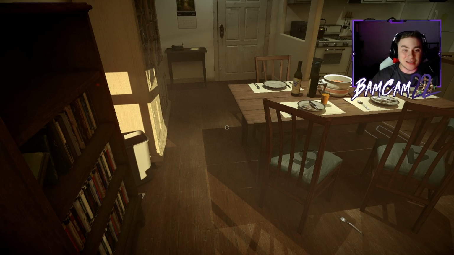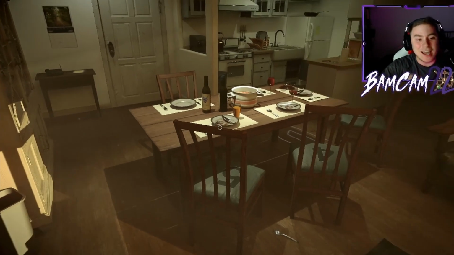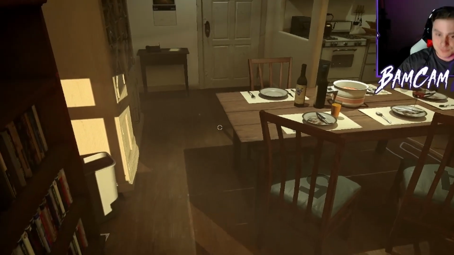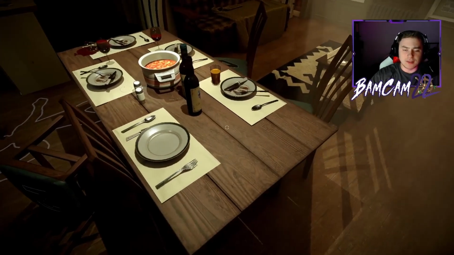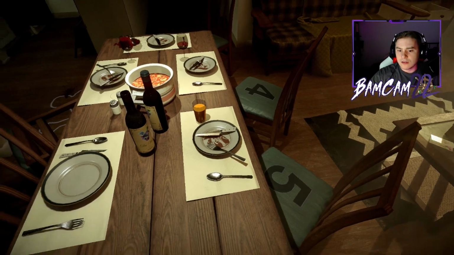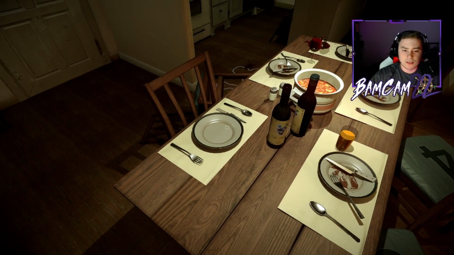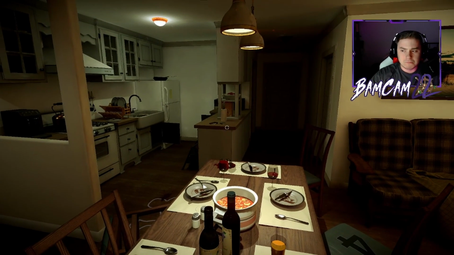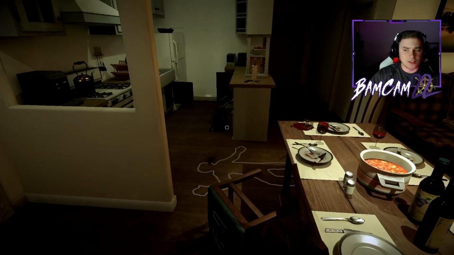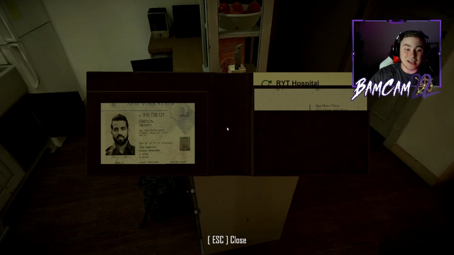How do we determine, based on the crime scene and based on the evidence, was it her husband, Henry Gibson, or was it her husband's secret lover, Jenny? And who was sitting where at the table? Seems as if this person never actually arrived. Come to think of it, these plates are all eaten. This person's plate is untouched, leading me to believe they never showed up. Interesting. Also, if we have Henry Gibson's wallet, it's safe to assume that Henry Gibson himself was here.